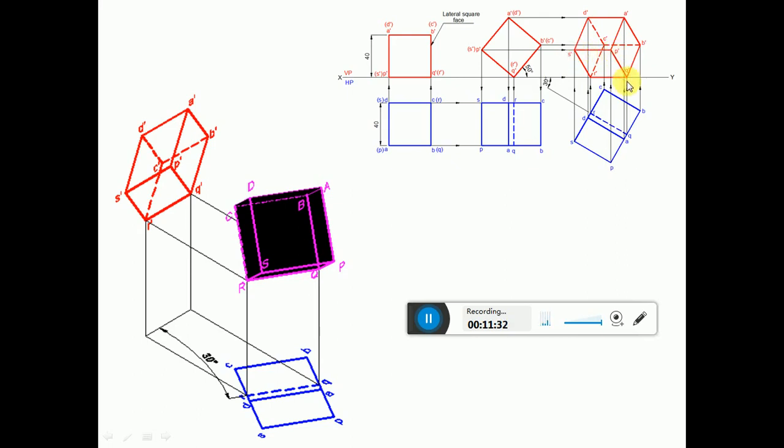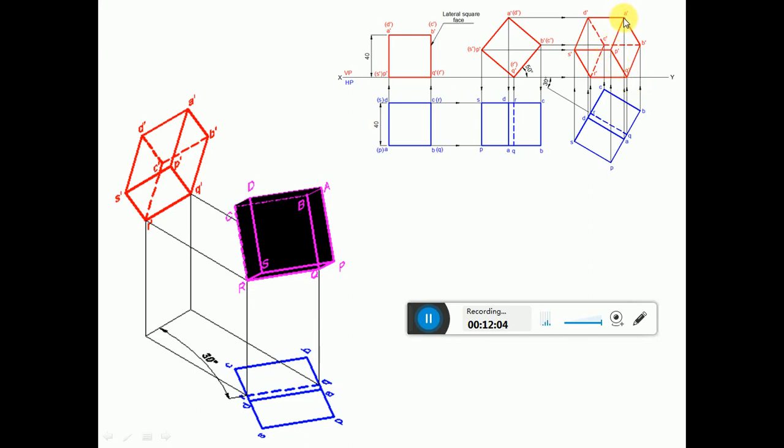Now we have completed till here. Now we are left with P dash A dash. Since P dash is not on the boundary, from the point P dash there are three edges emanating out. One is P dash S dash, the other is P dash Q dash, and the other is P dash A dash. Now P dash S dash is visible and P dash Q dash is visible. So naturally P dash A dash also becomes visible.